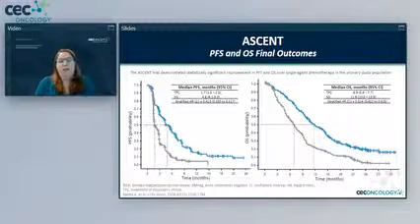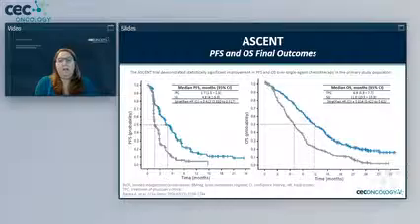So what was found in this study is that there was statistically significant improvement in progression-free survival and overall survival in the patients that received SG versus the treatment of physician choice. For progression-free survival, it was 4.8 months versus 1.7 months. And you can see on our curve here that it really